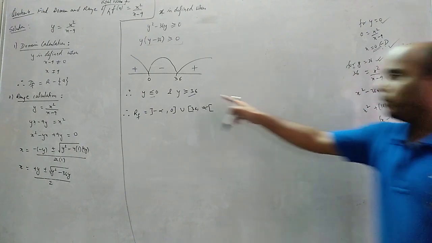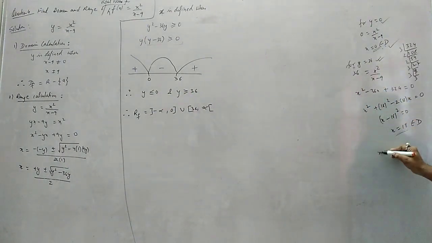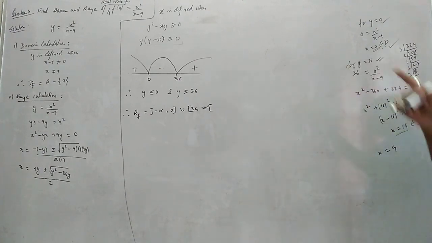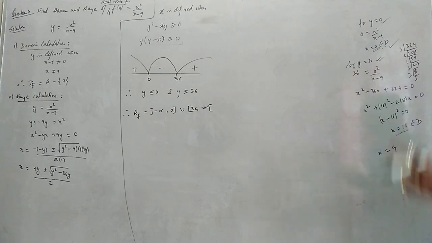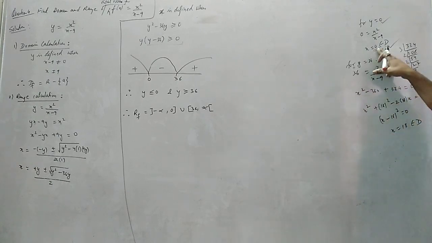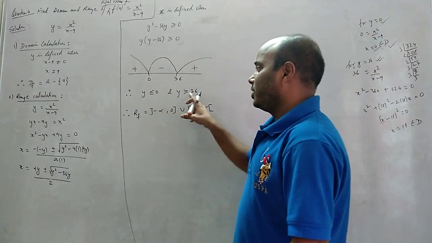Now, if out of these two values, for example, 36 डाल के x equals to 9 आ जाता, so 9 is not there in domain because domain is real numbers minus 9. 9 cannot be in domain. That time y cannot be equals to 36. But I'm not getting x equals to 9. I'm getting x equals to 18, which is inside domain. I'm getting x equals to 0, which is again inside domain. That means both the values we can take. 0 also we can take. 36 also we can take.